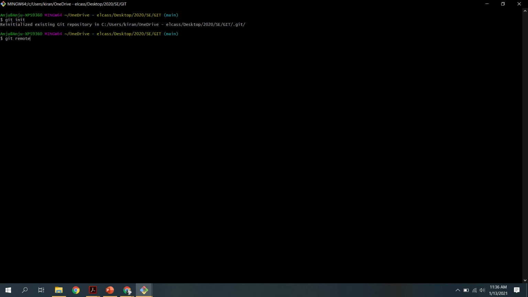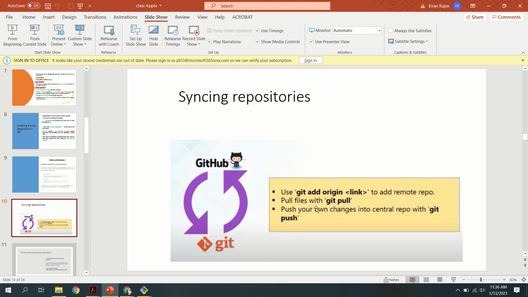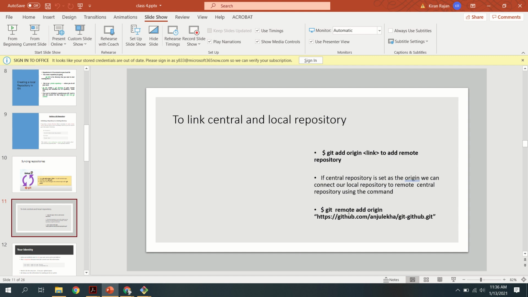Here we are setting our central repository as a remote repository, so you have to add that particular repository to the local machine. That is what I am going to do. I am going to connect my local repository with the remote machine, the central repository, and for that you use the command like this: git space remote space add space origin.